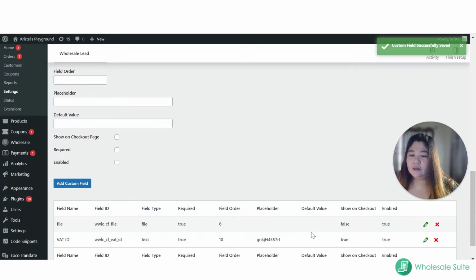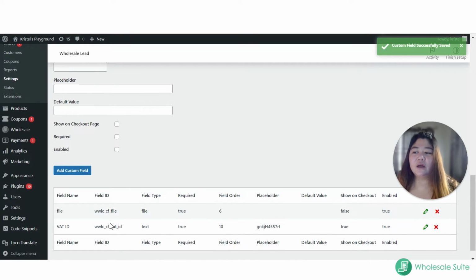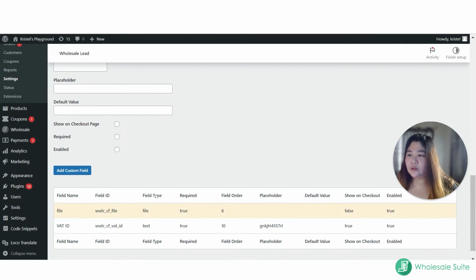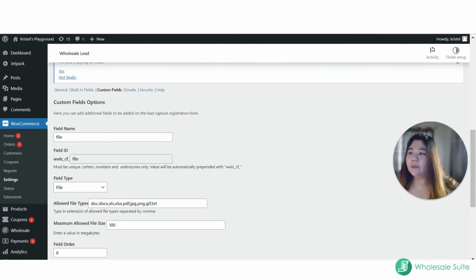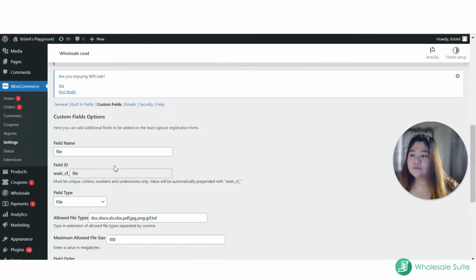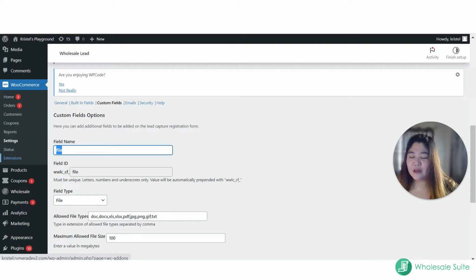And it's saved. So as you can see here, I already have an existing one here for file, but let me discuss it to you also. Let me show you and edit this one. So here, the file information, update the name here, it's file. So for file,